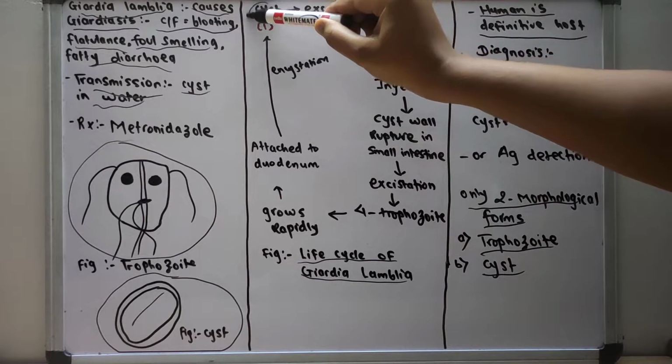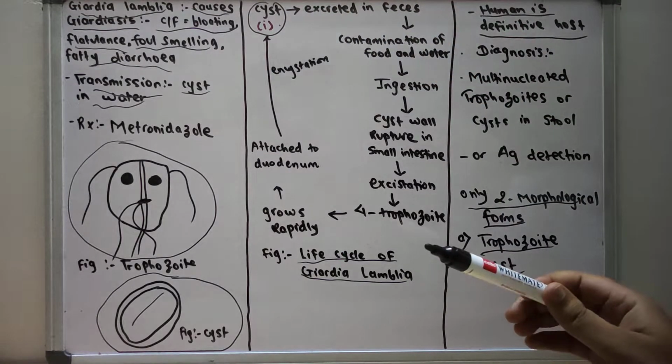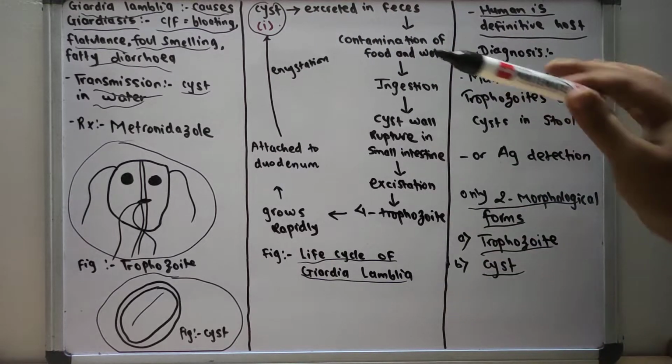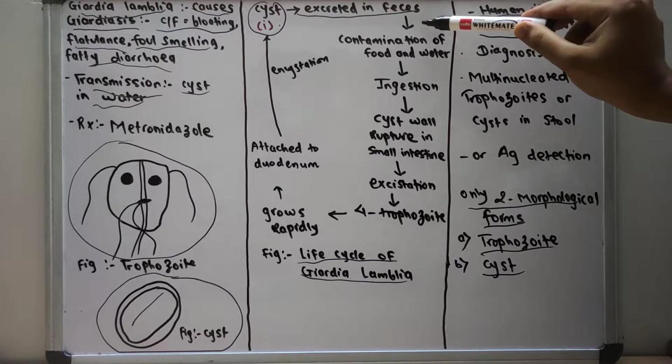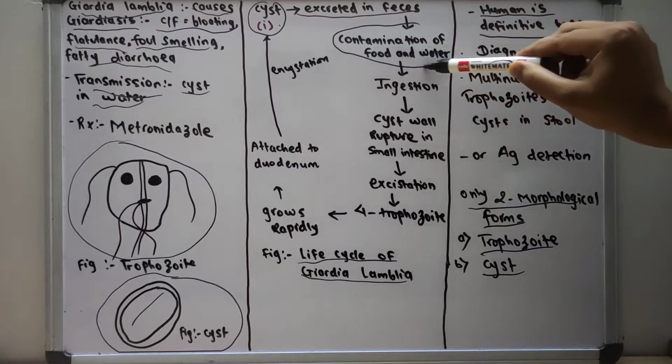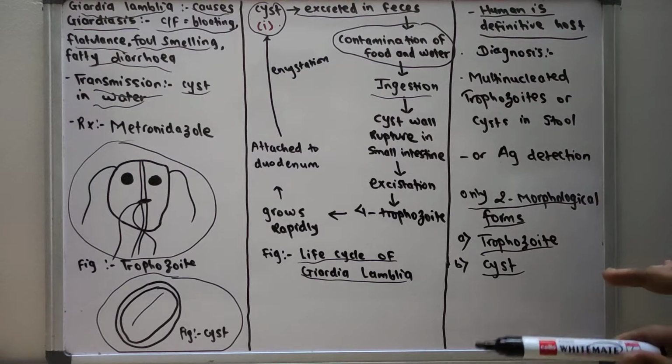The cyst is the infective form. When cysts are excreted in feces, and these feces contaminate food and water, and we ingest those contaminated food and water,